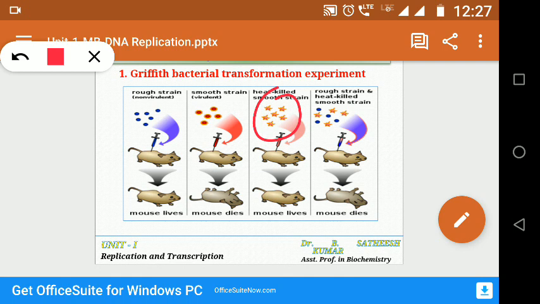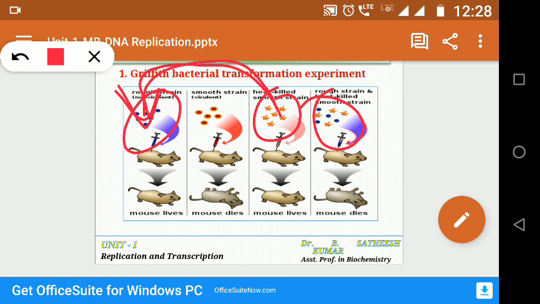Now these dead cells, with their information molecules, are mixed with live avirulent non-pathogenic rough strain. So what happened here is the genetic information in the form of some molecule is simply transferred into the rough strain. When we mixed both these solutions, the genetic material entered into the rough strain, then the rough strain becomes smooth strain, because now the rough strain is having the information